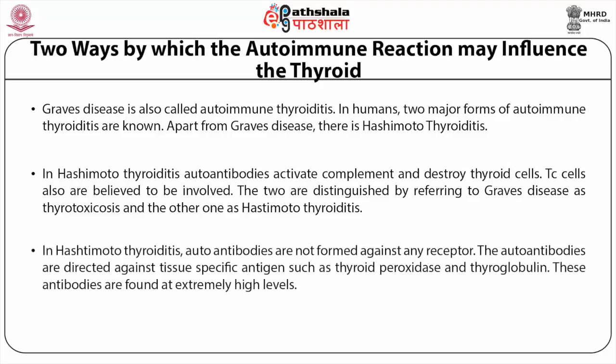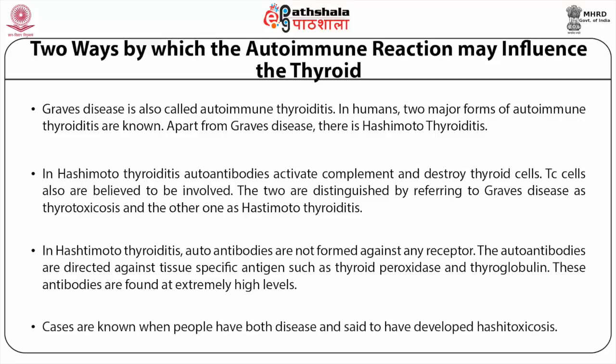In the Hashimoto form, autoantibodies are not formed against any receptor. The autoantibodies are directed against tissue-specific antigens such as thyroid peroxidase and thyroglobulin. Women with thyrotoxicosis may give birth to babies afflicted with the disease because the antibodies against TSH receptors are passed through the placenta. Cases are known when people have both diseases and are said to have developed